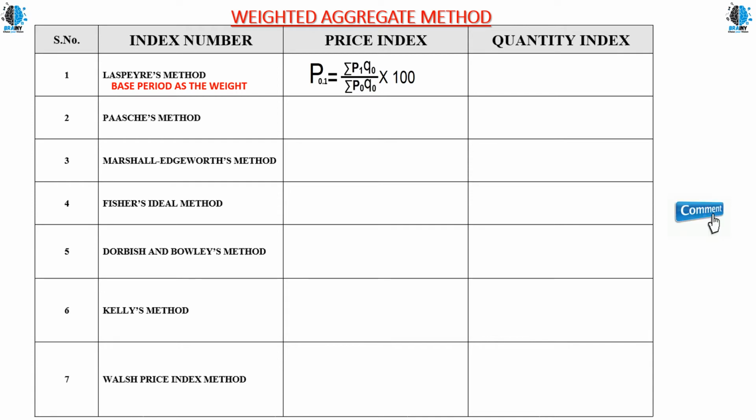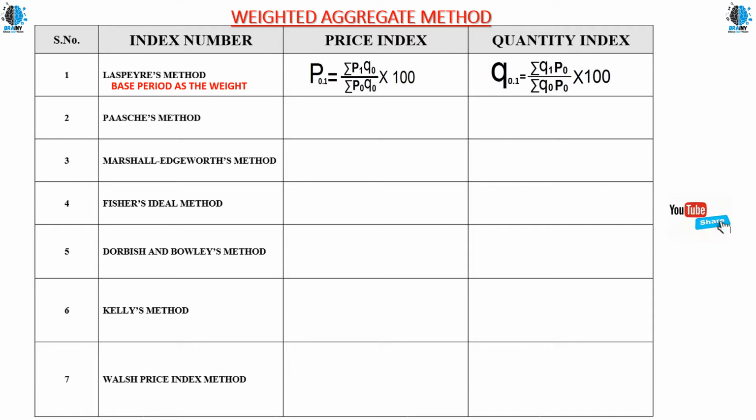Next we have the quantity index. In quantity index, as you can see, the formula is quantity index of current year based on base year, Q01, equals summation Q1 divided by summation Q0. This Q1 and Q0 is multiplied with P0, P0. It means the author has given the weight to the base year of price under quantity index. So these are the formulas of our Laspeyres method.